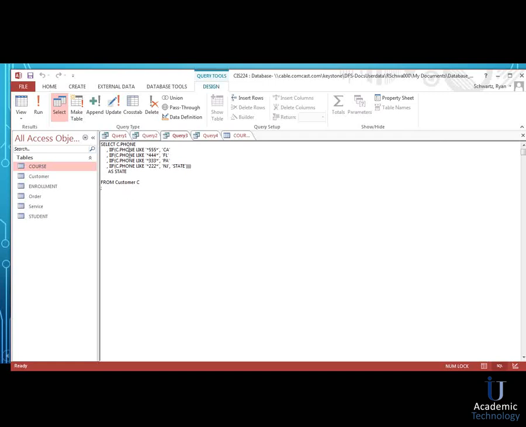So this time we're going to select from the customer table. We're going to do phone number. We're doing if the phone number has 555 anywhere in it, put down CA for California. If it has 444, put Florida. 333, Pennsylvania. 222, New Jersey. Call the column